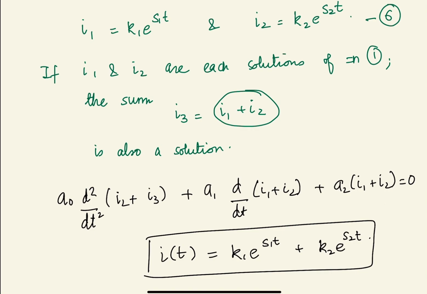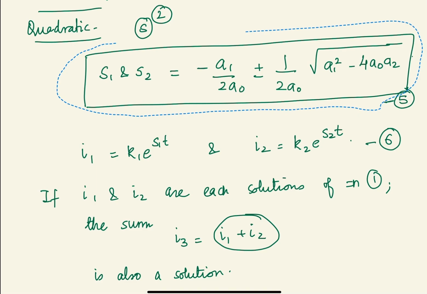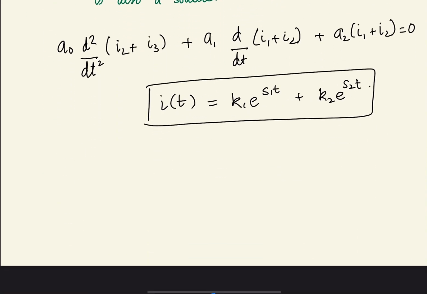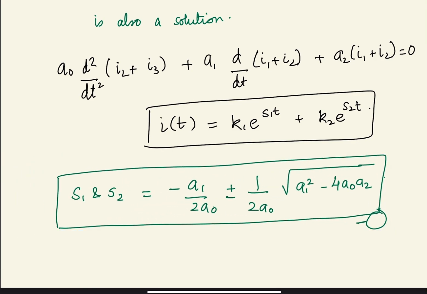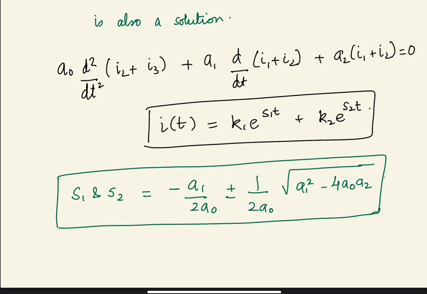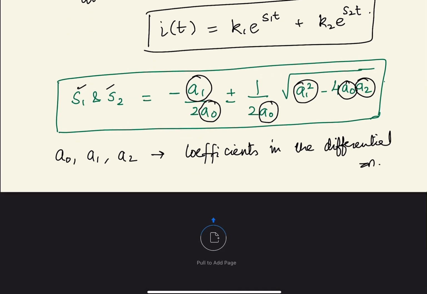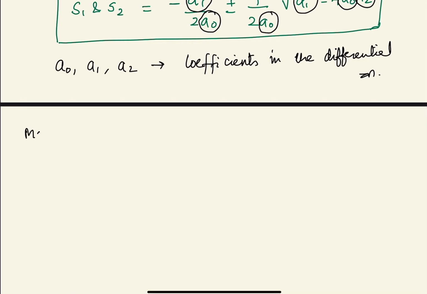All right, so now these terms, these s1 and s2, if I write them over here again, these s1 and s2 are the roots of the quadratic equation. If you take a look at this equation, what does this s1 and s2 term depend on? It depends only on the constants a0, a1, a2. What are these a0, a1 and a2? These are the coefficients in the differential equation, right? So depending on the coefficients of the differential equation, we can make a statement: